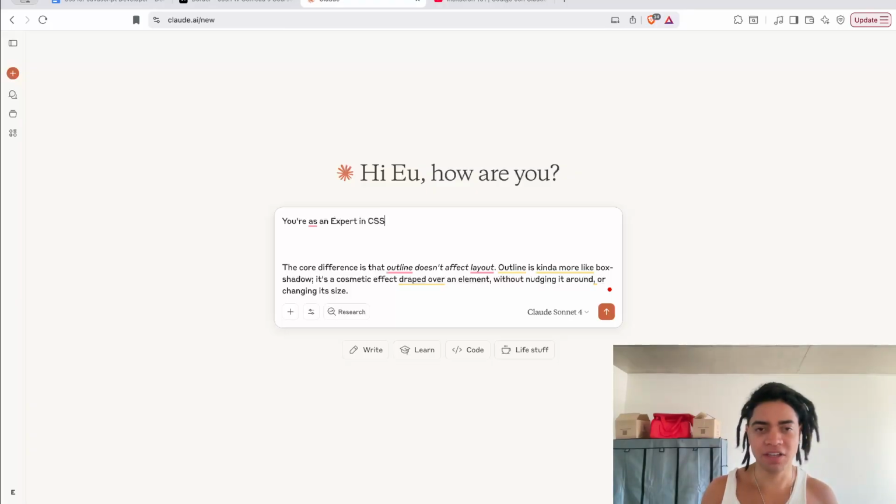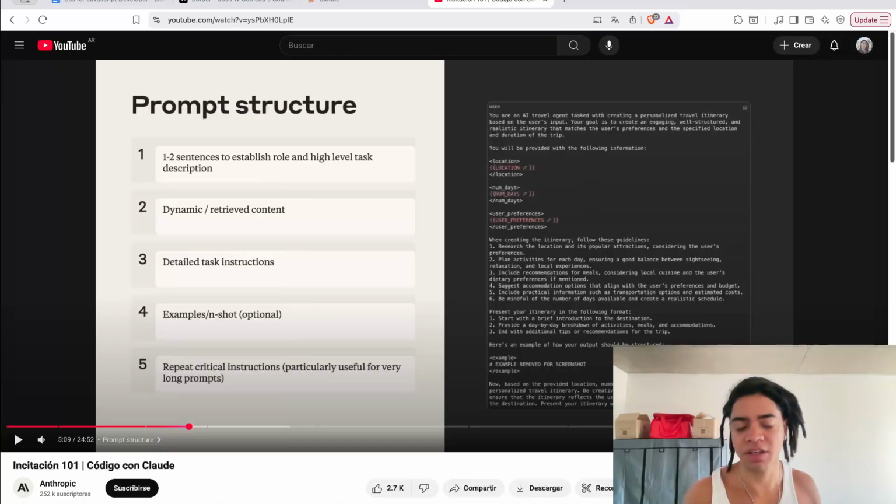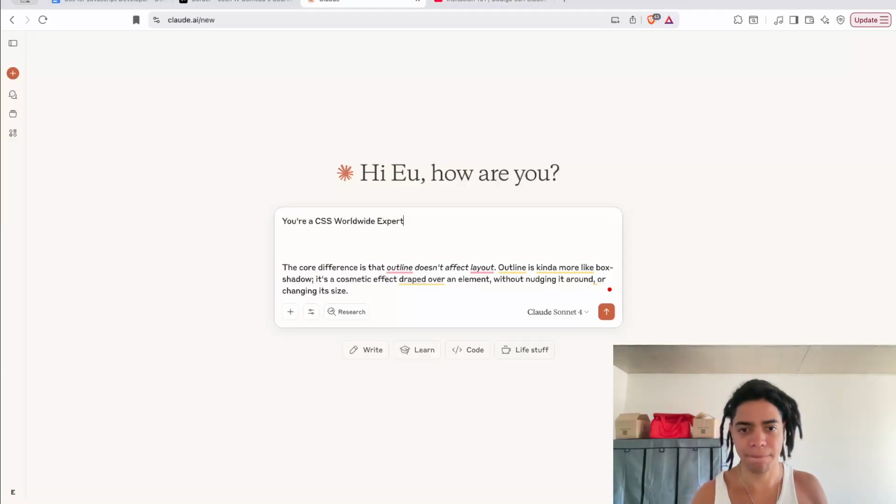You are a CSS worldwide expert. You're a CSS worldwide expert tasked with creating a personalized itinerary. You are a CSS worldwide expert agent, you can say, yeah, agent